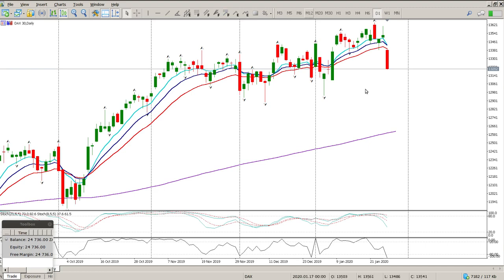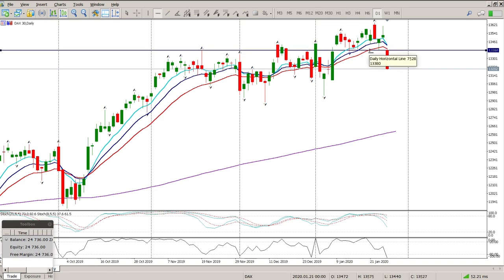So we had a massive move down with the coronavirus. I think the DAX finished 2.7% down, which is a massive day. And there was also some negative data that came out of Germany as well, which added fuel to the fire. I think the key thing here is we've broken through the range,